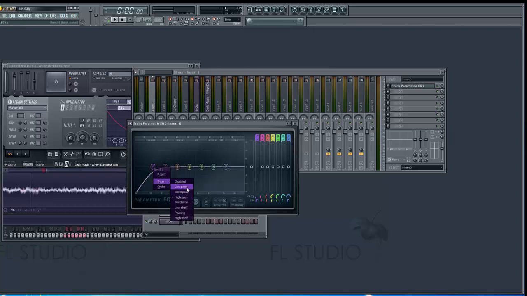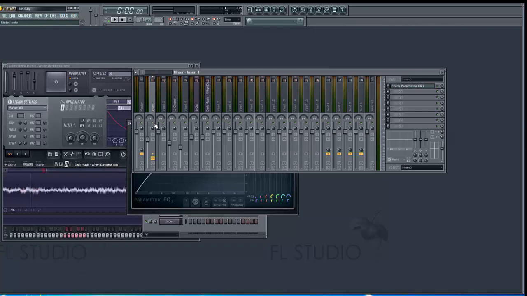So all EQs have basically the same things. You're going to have a low pass, a band pass, or it'll be a bell curve, a high pass, a low shelf, high shelf. These are all things you're going to see all the time, but they all have different purposes, and we're going to run through what they do right now. I'm on the kick, so we'll do it with the kick. If I play this kick right here,